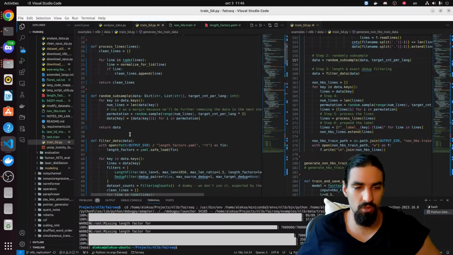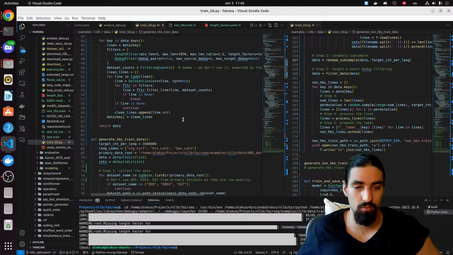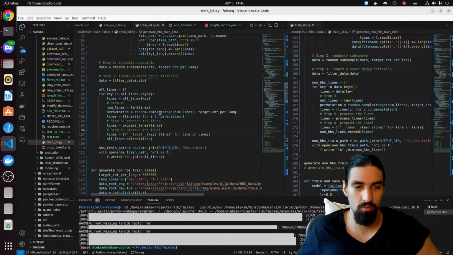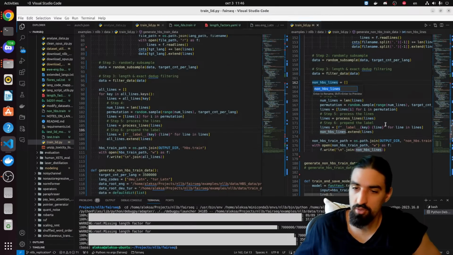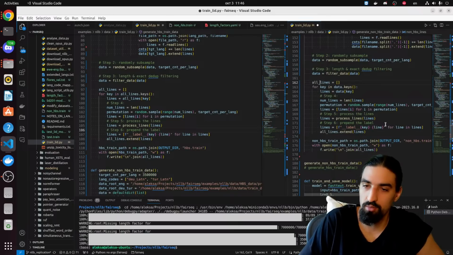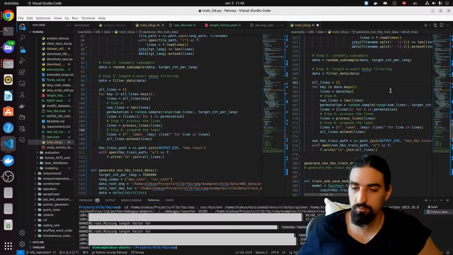Can we just use the random subsample again? Okay, this is a bit more specific. I'll just call this all lines again. And now this becomes the same code. So let's just